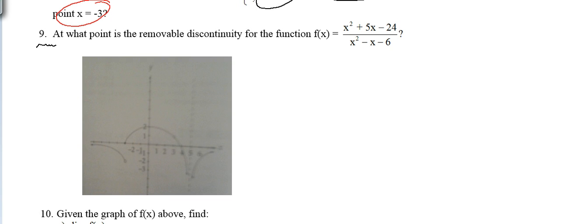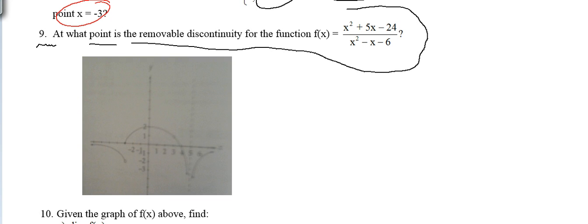Number 9, at what point is the removable discontinuity for this function f of x? When we have a removable discontinuity, we have a rational expression with common factors in the numerator and denominator, because when we factorize the numerator and denominator, we cancel these factors. The discontinuity is removable. We remove the